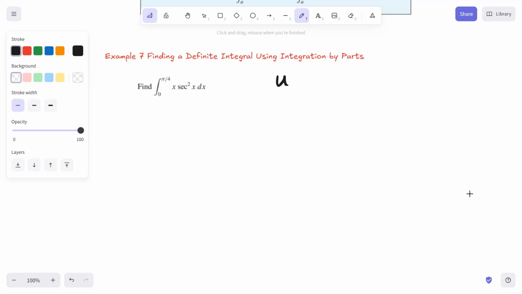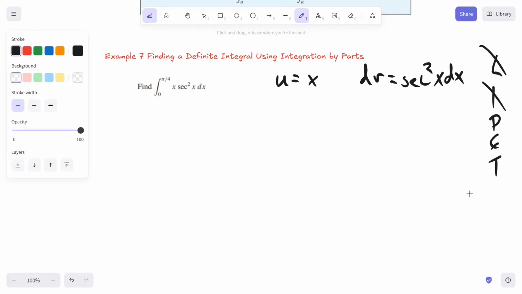So here, u is going to be equal to x, and dv is equal to secant squared x dx. Remember, we're using LIPET for figuring out how to identify u. There is no log, there is no inverse trig, and x is understood to be a polynomial function. So du is just dx, and v is equal to tangent x. Remember, the antiderivative of secant squared is tangent. So this is going to be uv, so x tangent x,